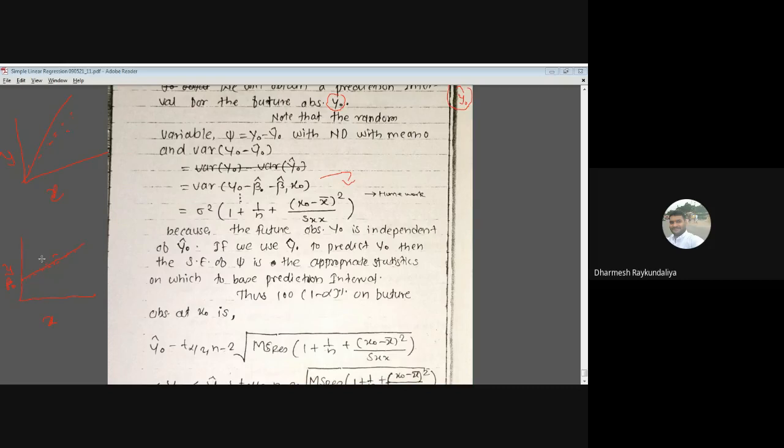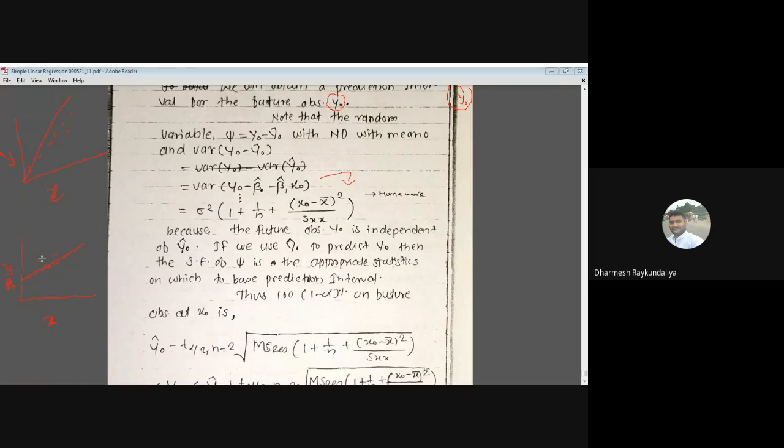So to obtain the least square estimate, you have to minimize the summation of epsilon i square with respect to beta 0 and beta 1. Equated to 0, you will get the set of normal equations. And after solving the set of normal equations, you will get the estimate of beta 1 cap as summation (xi minus x bar)(yi minus y bar) upon summation (xi minus x bar) square. Or in terms of s, it is Sxy upon Sxx.